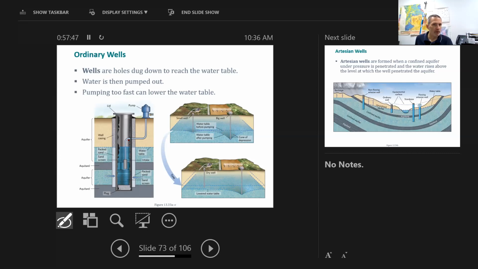Now, I've already kind of started talking about wells, but an ordinary well is just a hole in the ground, and more times than not, your map, your textbook has the pump above the ground. Usually, the pump is down here. It's easier to push water than it is to pull water, and so either case, you're taking water out of the ground, you're lowering the water table, and you don't want to potentially have this water moving very quickly and pull in some sediment. So they will usually line this with a screen and then put a sand pack in there,